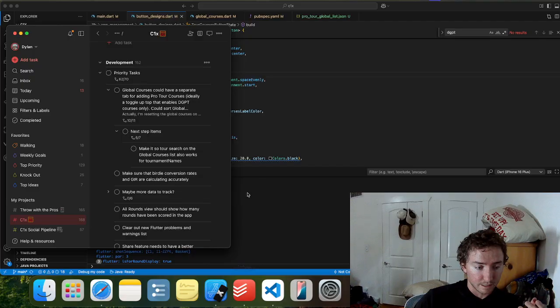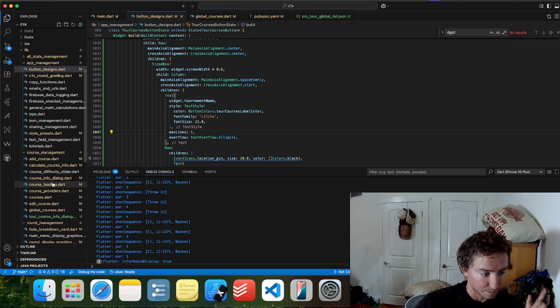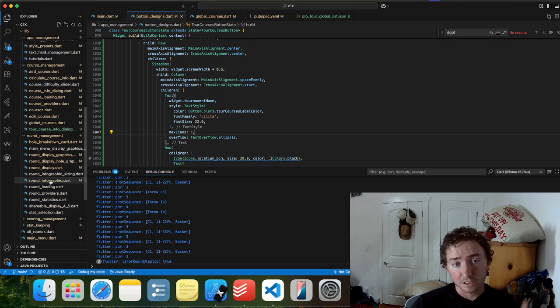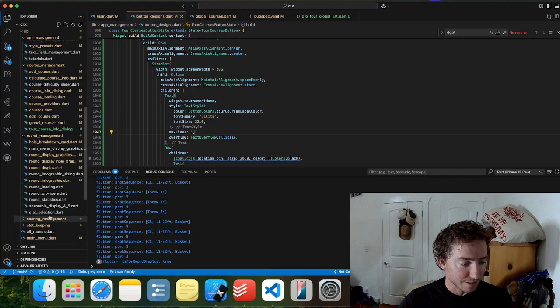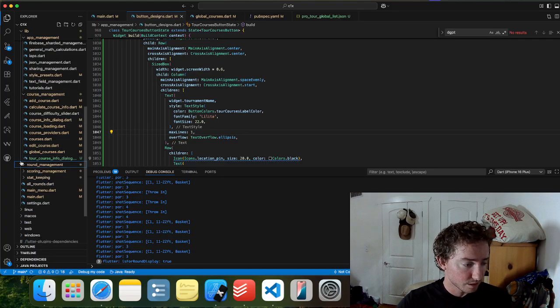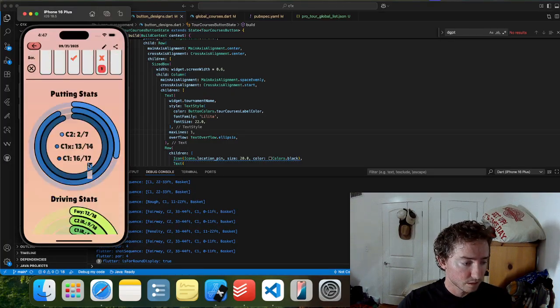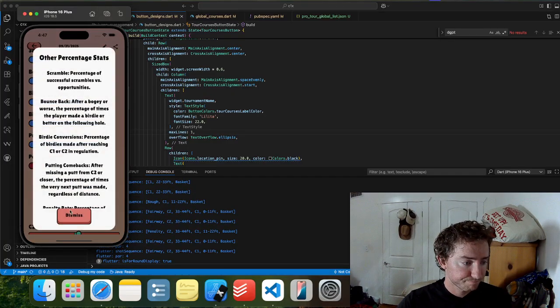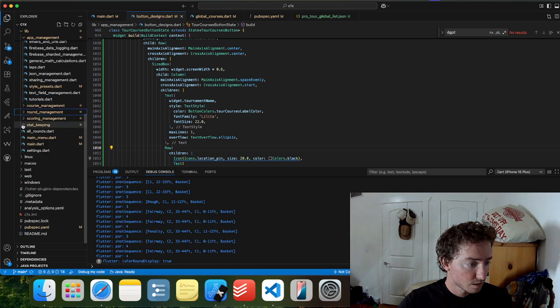I wrote a note down that I needed to make sure they were calculating accurately. I looked at it again. I think they are calculating accurately. I think it's my confusion of the stats. So what I'm going to do is check the calculations to make sure that they're written the way that I think they should be written. Obviously, I wrote them, but if they are, then I'm going to update the tutorial briefly just to explain that a bit more. And when I say tutorial, I mean what happens when you tap. I want to just update this explanation a little bit. Okay, but first we've got to go to stat keeping,